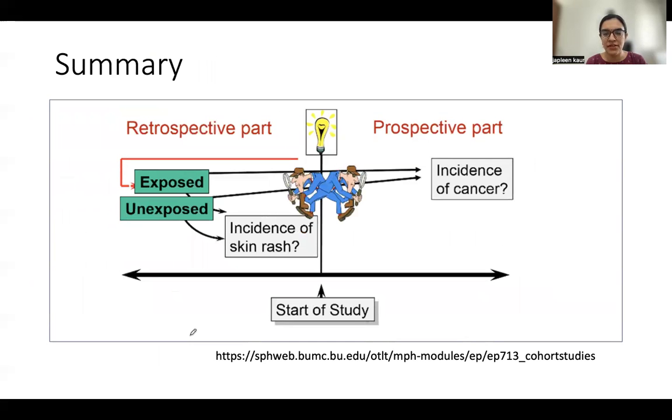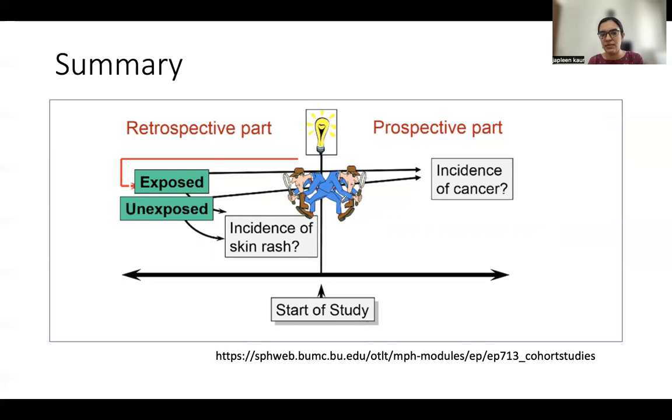This is a brief summary of what we were talking about till now. I think it is pretty easy to understand. If we are sitting here, an already exposed and unexposed population is there, and they have already developed some outcome. We want to see whether they have developed the skin rash or not. We know that they may have already developed it, but we start from here. We look at the exposed and unexposed, and then we follow them up in the past only, in their case records only. But it is called prospective when we start taking up patients who have been exposed to